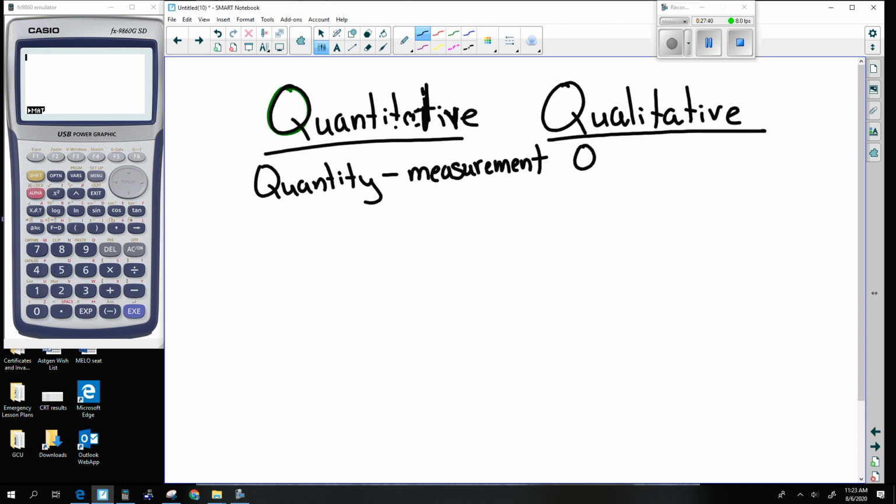Qualitative is a quality. What a quality is, is something that is kind of intangible. It's something that, pretty simply, is not a measurement. Okay, it is not a measurement. It describes something as a quality, so it's a description. Whatever. I'm a mathematician, not an English person. So it's a description of something,